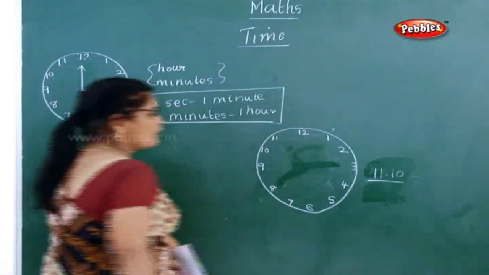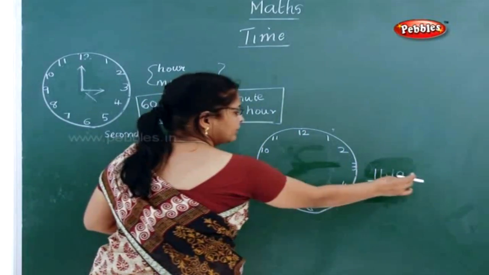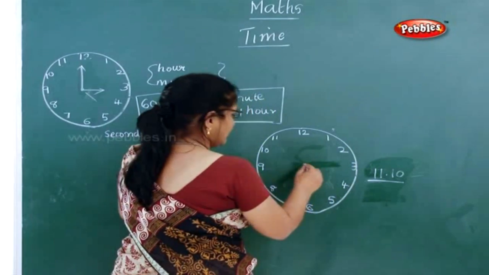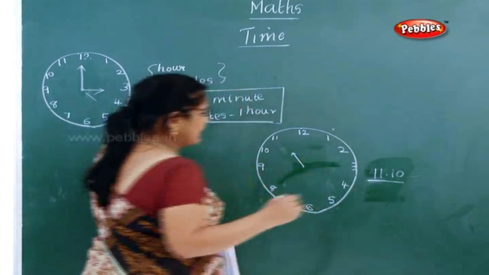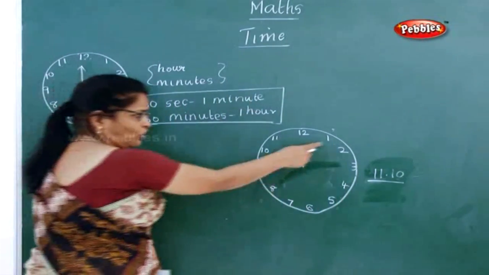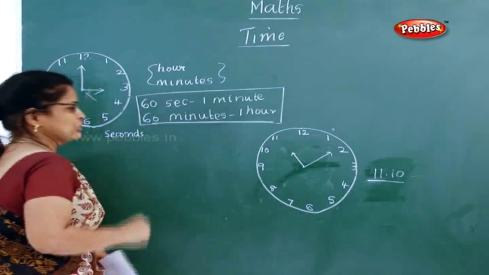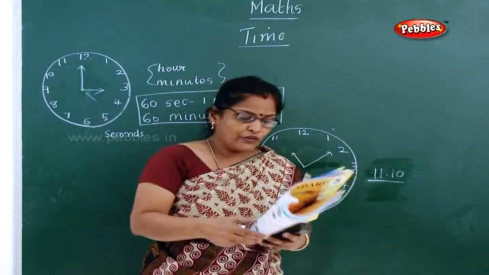11:10 is given. Now, how will you do 11:10? I told you 11 tells you the hour. This means the minutes. Now, where should the small hand be? The small hand should be at 11. And the big hand should be where? At 1 or 2? It should be at 2. Is it clear now? So this is how you have to draw the hands of the clocks for the time given below.